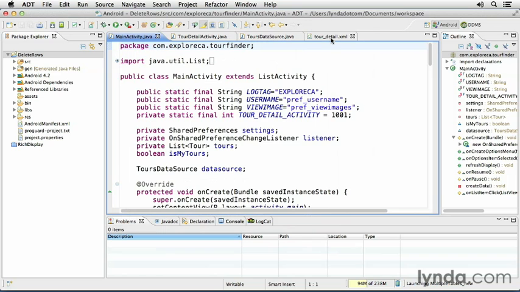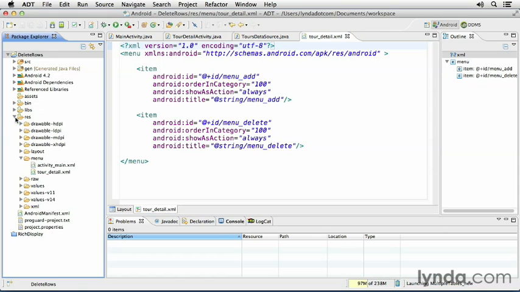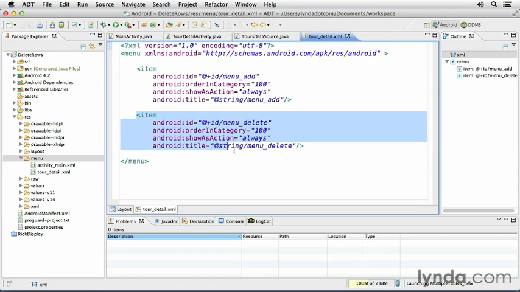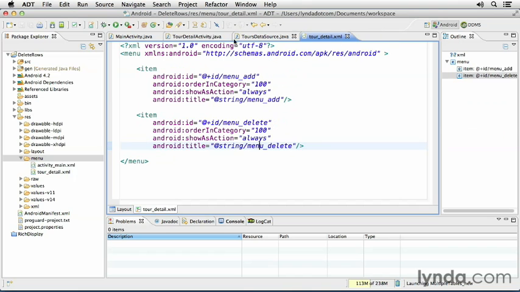First, I'll go to the XML file, tourdetail.xml, that you can find in the Resource Areas menu folder. I've added a second item to the menu. Its ID is menu_delete, and this string, menu delete, equates to the string you see on the screen, Remove from My Tours. Then I added logic to